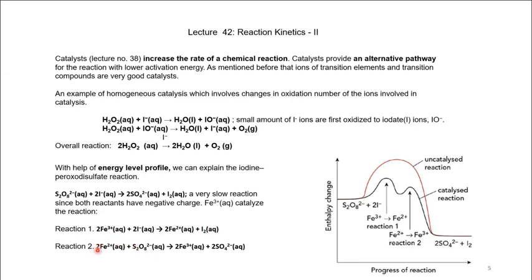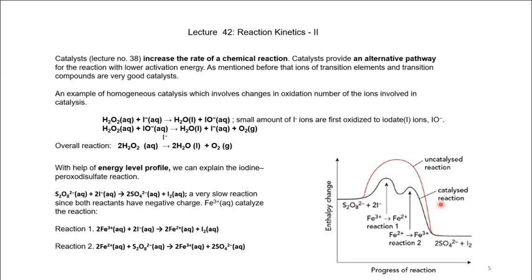And then the second reaction step is this ferrous ion, aqueous, and peroxysulfate ion, aqueous, reacts, and then you get iron(III) ion and sulfate ion. So here, with catalyst, we get a bump like this, and another bump, and then we get the complete